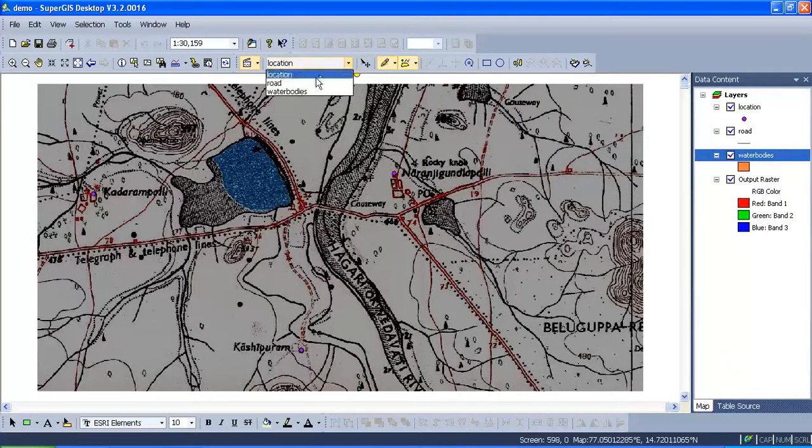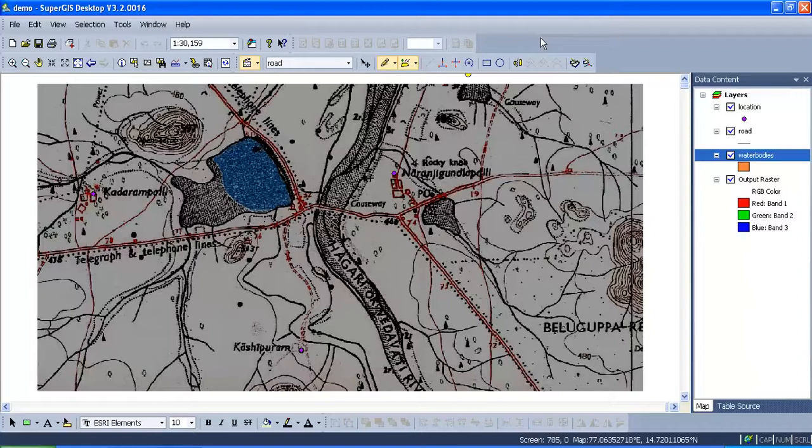Now we'll digitize the road network. For creating the road and polygon features, we need to switch on the snapping tool. With that, we are going to have fewer errors in our digitized output, like overshoot, undershoot, pseudo errors.